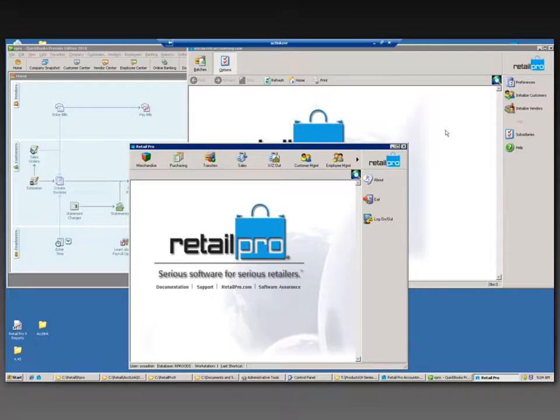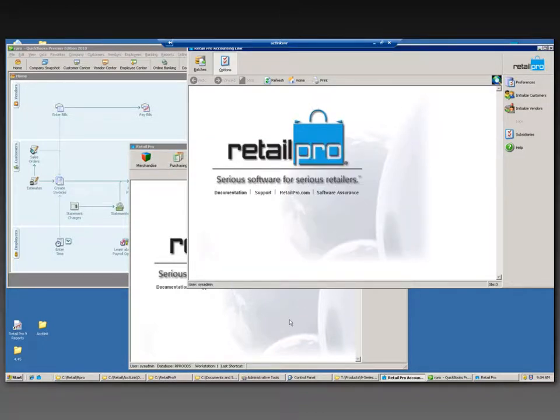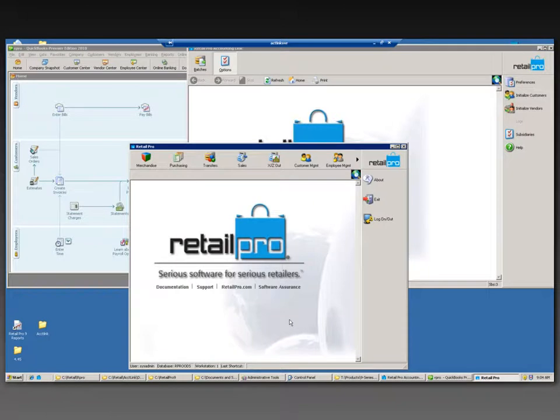The accounting link basically takes transactions in Retail Pro, receipts, slips, transfers, memos, and breaks them down into the various accounts that make up GL entries in the accounting package that we're linking to. And so we'll go through how that's set up in the preferences of the accounting link, and then we'll go through what it looks like on the QuickBooks side,